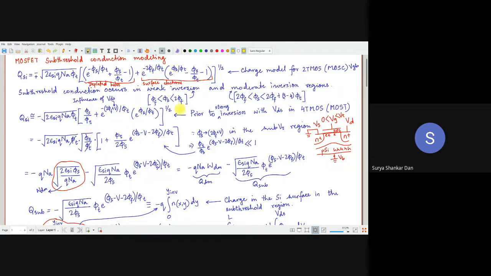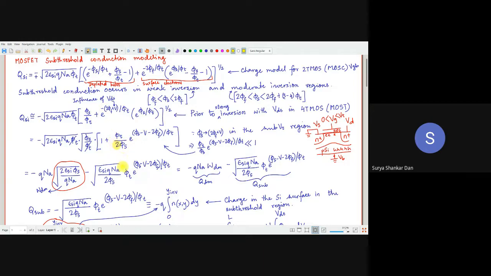Once we have got this, then what to do? Over here, I took phi t out of this bracket. So what will happen here? This will be 1, and this is the root. Here we essentially have one phi s by phi t, e to the power of phi s by phi t. What can we write for this e to the power of phi s by phi t? See, this is minus 2 phi f and all. I have done that, and it will be divided by phi t by 2 phi s.